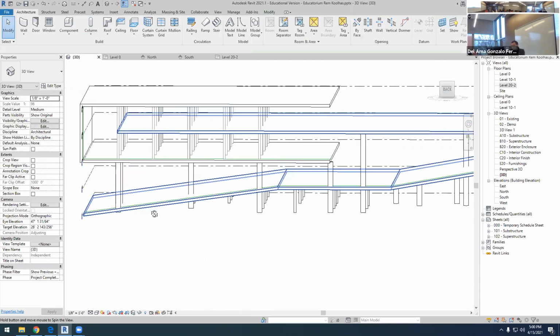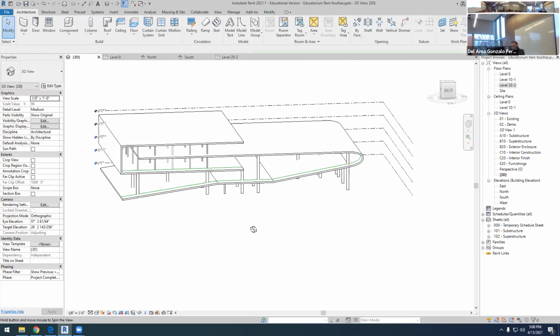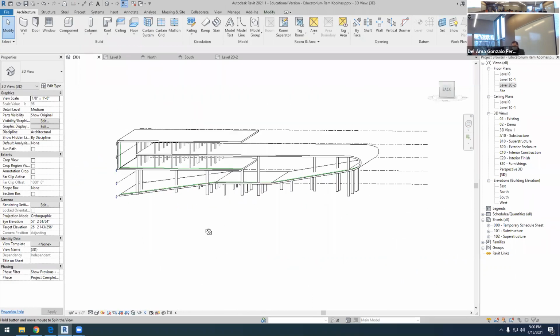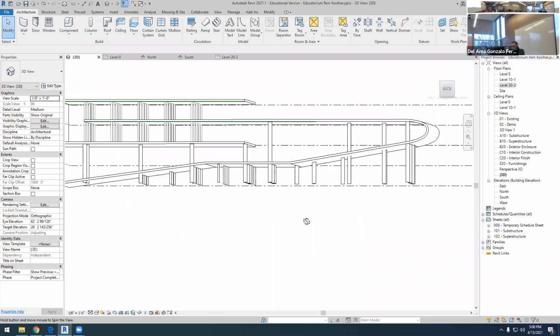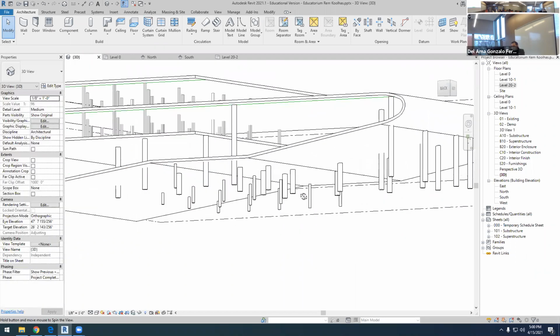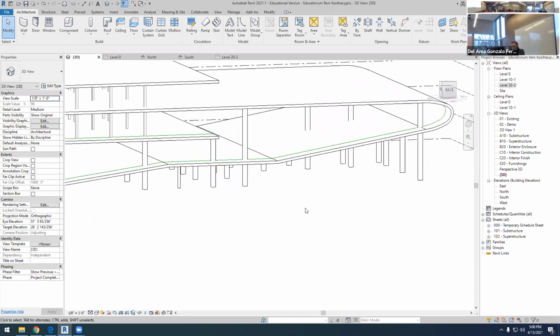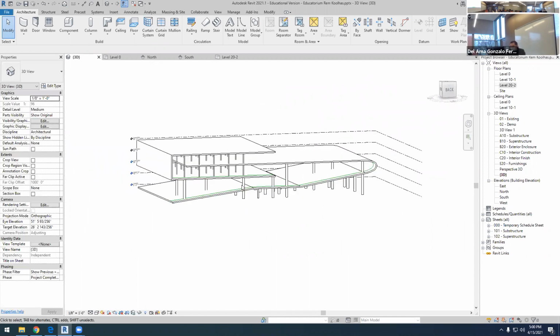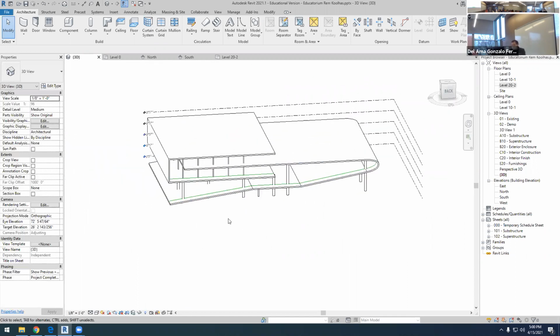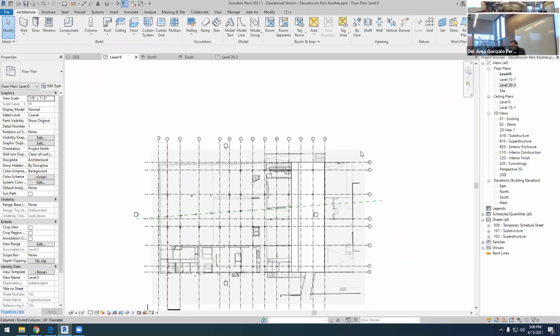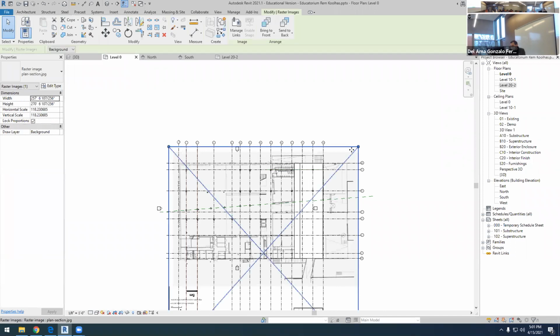Yep. Okay, so now on level 0, if we hide this,